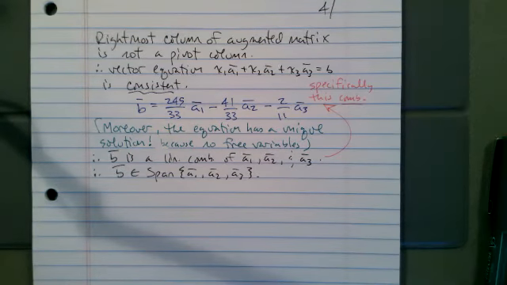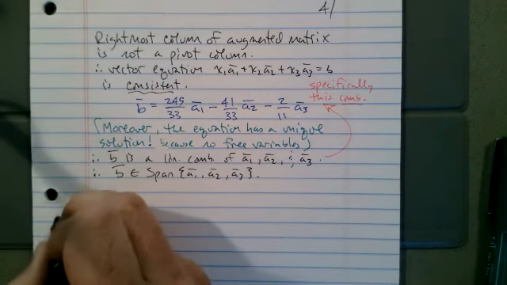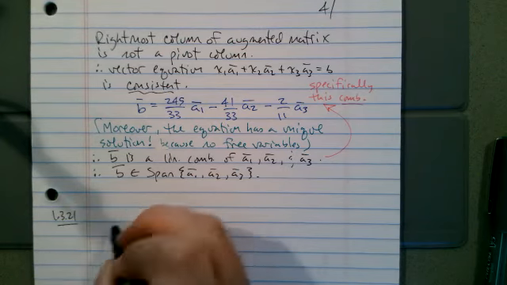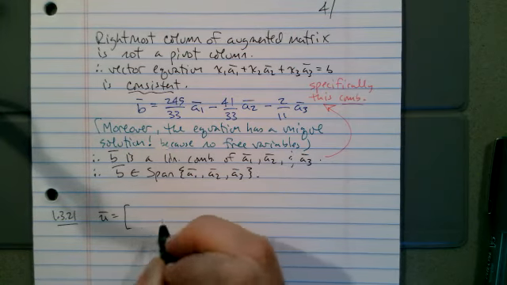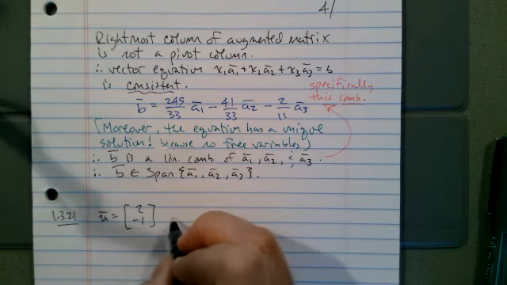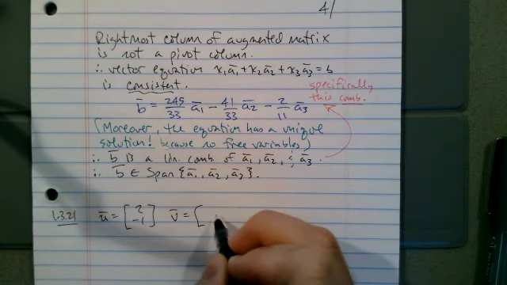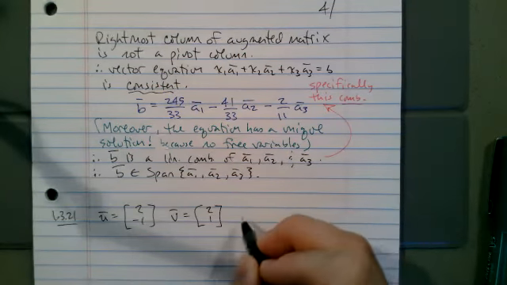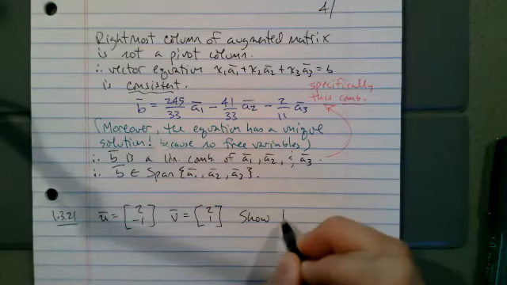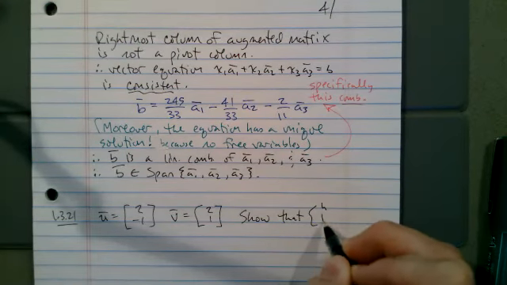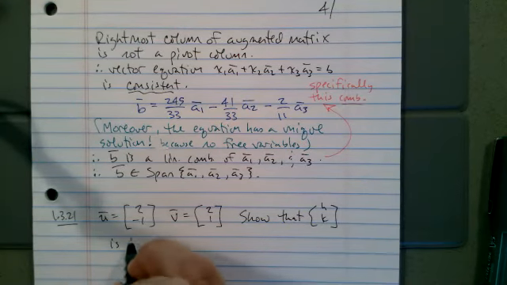21. Which one? I couldn't hear you. Just type it. 21. So in 21, we want to show that HK is in the span of U and V for all HK. So we have these two vectors. U is 2, -1, and V is 2, 1. And our task is to show that HK is in the span